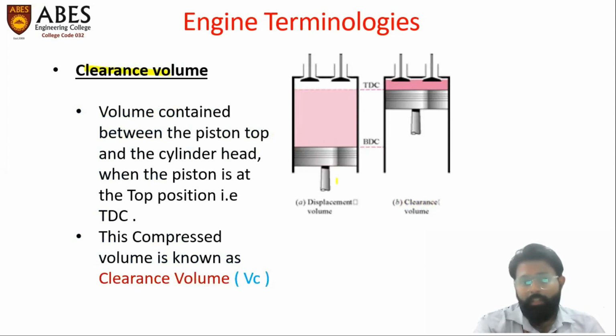Once the piston moves from the position BDC to the position TDC, that means in the upward direction, the entire volume gets compressed, and the volume left in this white area, which I'm highlighting with yellow, is known as clearance volume. Why is it called clearance volume? Because this volume is leftover space which is provided as a clearance for the piston